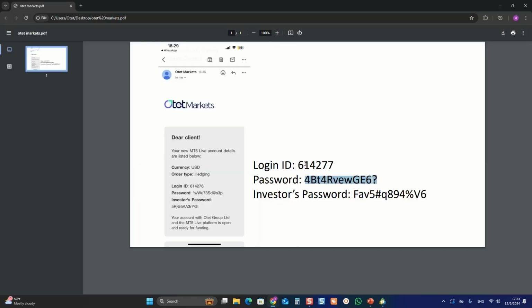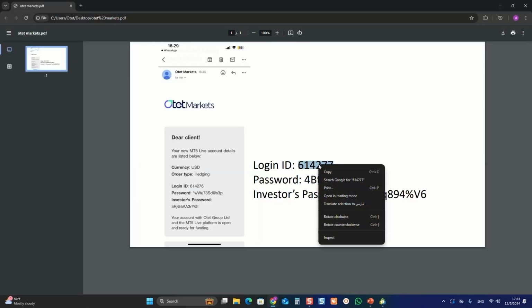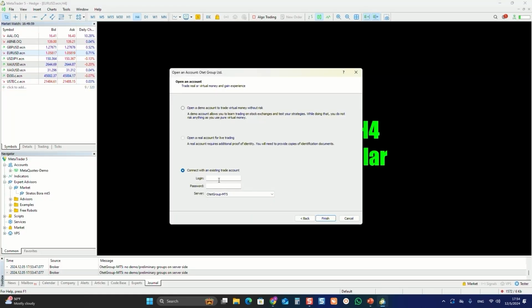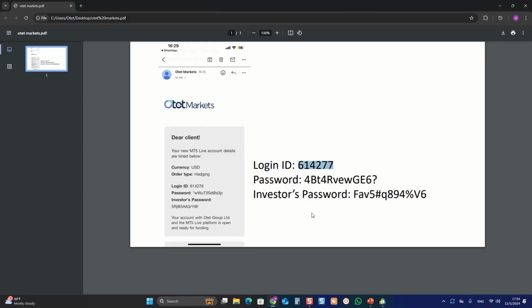Since we have already received the account details via email, we simply copy and paste the information into this section. You should also remember this important note. Due to MetaTrader's high security, there is no option to show your password inside the platform. You must copy and paste the password directly from the email. If you try to type it manually, you will likely make a mistake and won't be able to log in. Now, we copy the first password